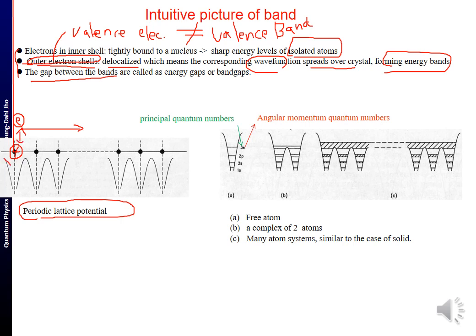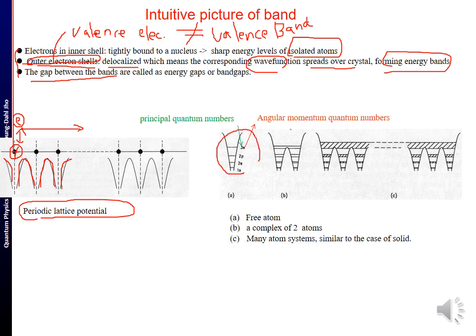This solid line indicates the spatial variation of the Coulomb attractive potential. And in terms of the intuitive picture shown on the right,